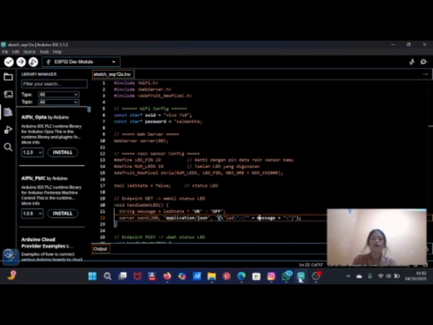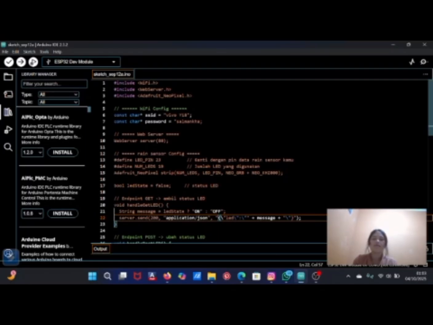This time I will explain an Arduino program running on the ESP32, where this program creates a REST API web server to control WS2812 or NeoPixel LEDs.